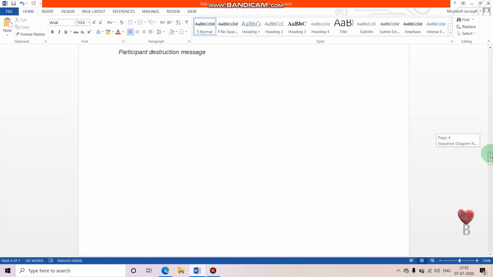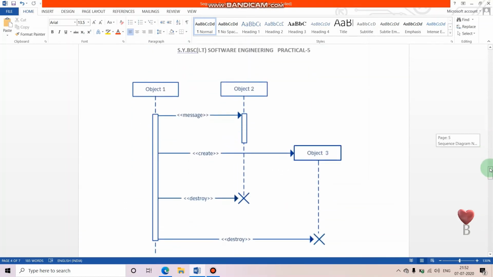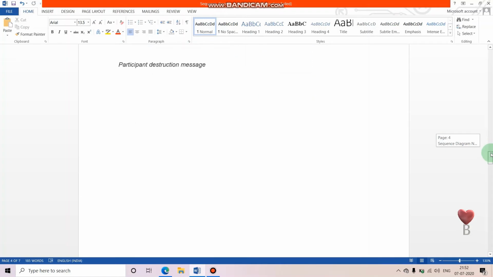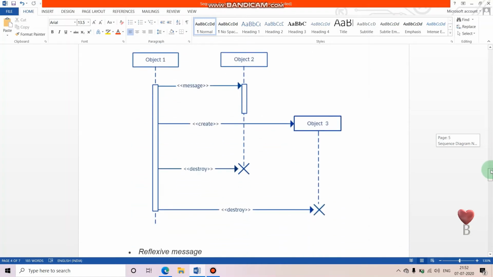So the next symbol is the participant destruction message. Okay. Participants, when no longer needed, can also be deleted from the sequence diagram. This is done by adding a cross at the end of the lifeline of the said participant.